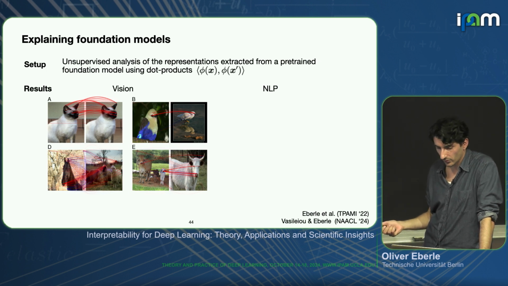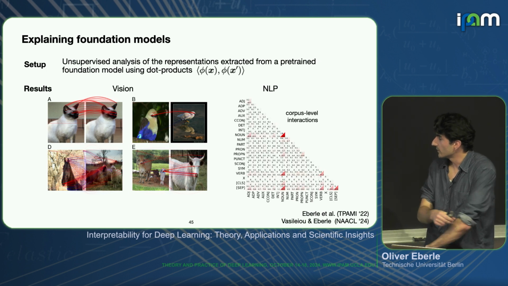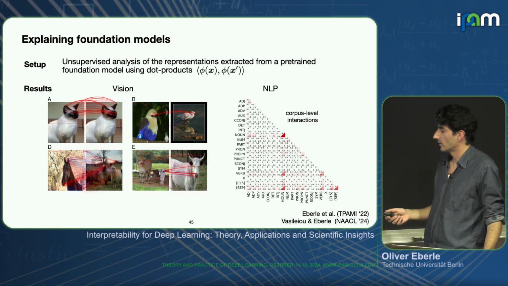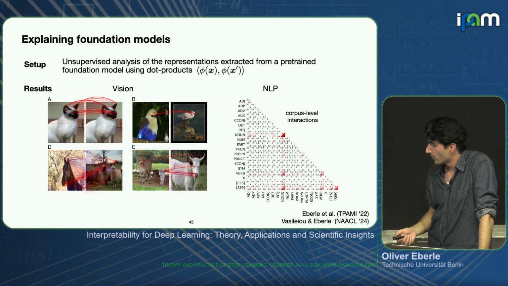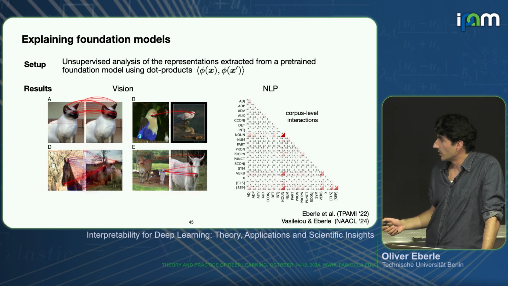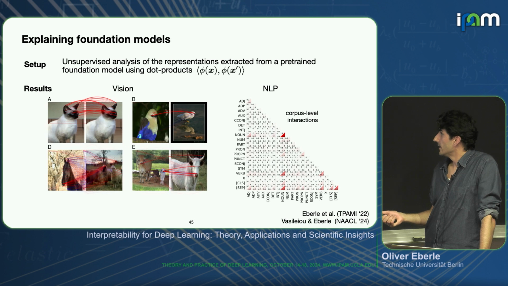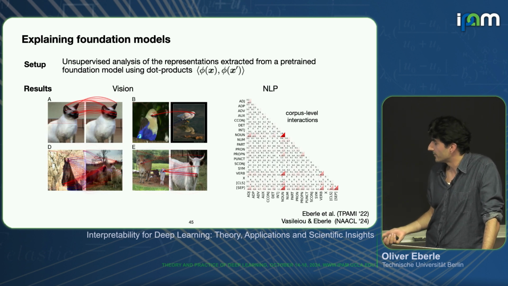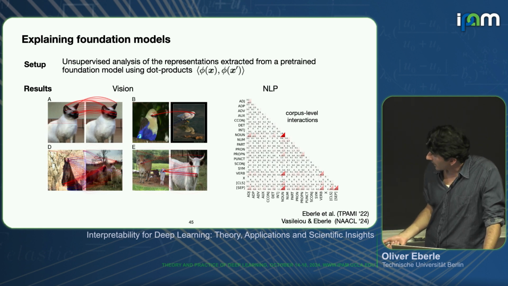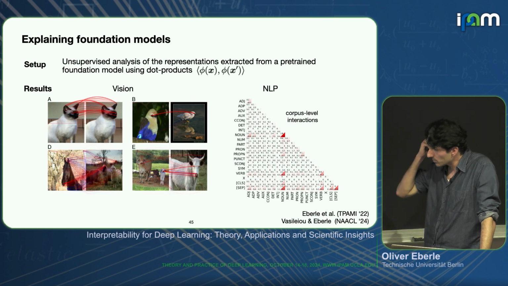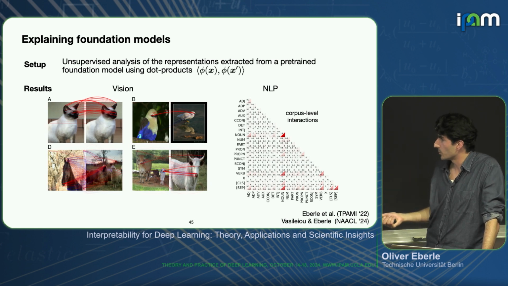And we did similar things also for NLP, here on a corpus level analysis. We wanted to see, if we put a large data set of sentence pairs through a GPT model, what type of features the model actually picks up on. So here we have these different POS tags. It can be adverbs, adpositions, numericals, verbs, nouns, all of the different types of words that can come up. And we find that many of these foundation models pick up on very simple relationships.